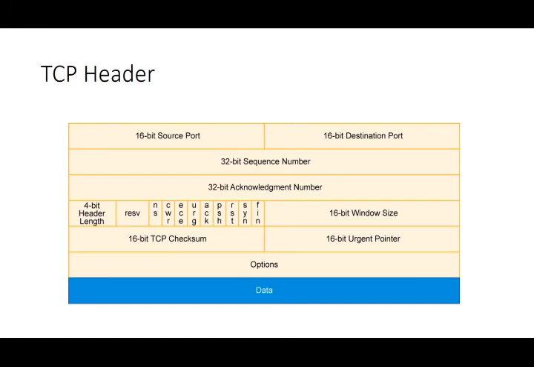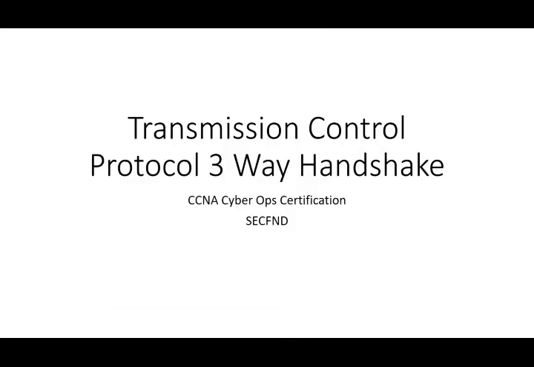So these are the important fields here in the TCP header, and again they are used to establish a session. Many of the TCP-based attacks are going to take advantage of the standard functionality of TCP: changing the sequence number, modifying the destination port, changing the checksum, changing the bits that are toggled for your flags, and again messing with the window size. So next we are going to talk about